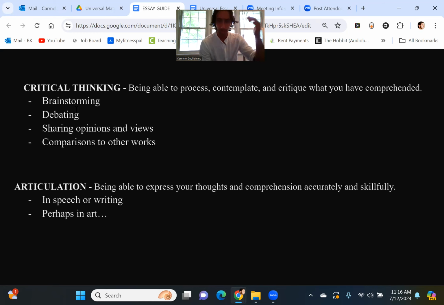Are we able to comprehend and then really be able to process, to debate, and maybe deepen or enrich our understanding of a piece of material simply based on our comprehension of it? So that's what this is. Now, if you want to really push the critical part of this phrase, that's the ability to not just brainstorm and process a piece of information that you've understood, but also to poke at it, maybe debate it, maybe compare it to other things that we have seen and known, find some links, find some incongruities, and then go from there. So a very, very valuable skill for sure.